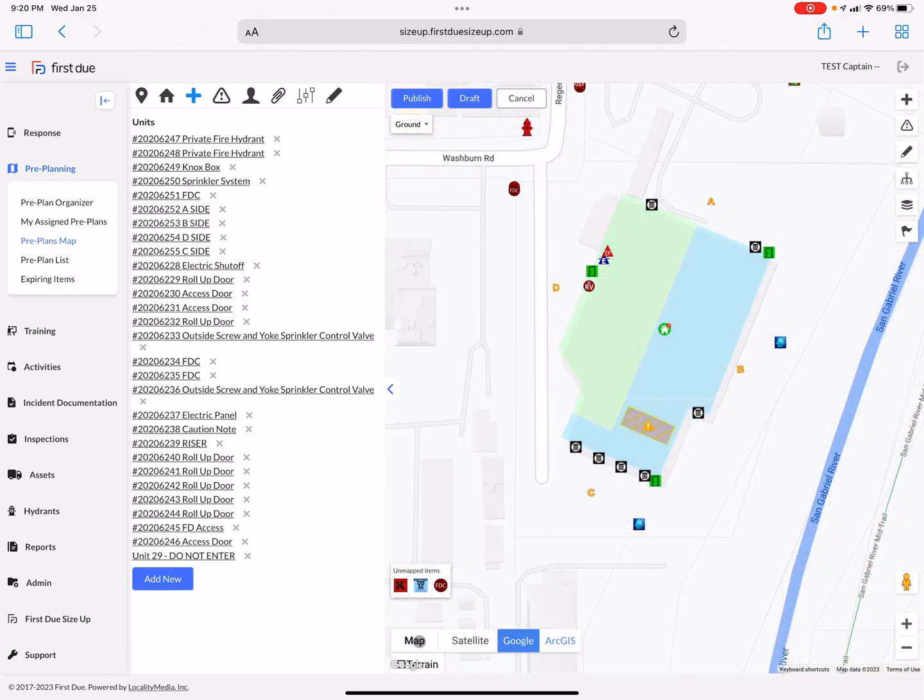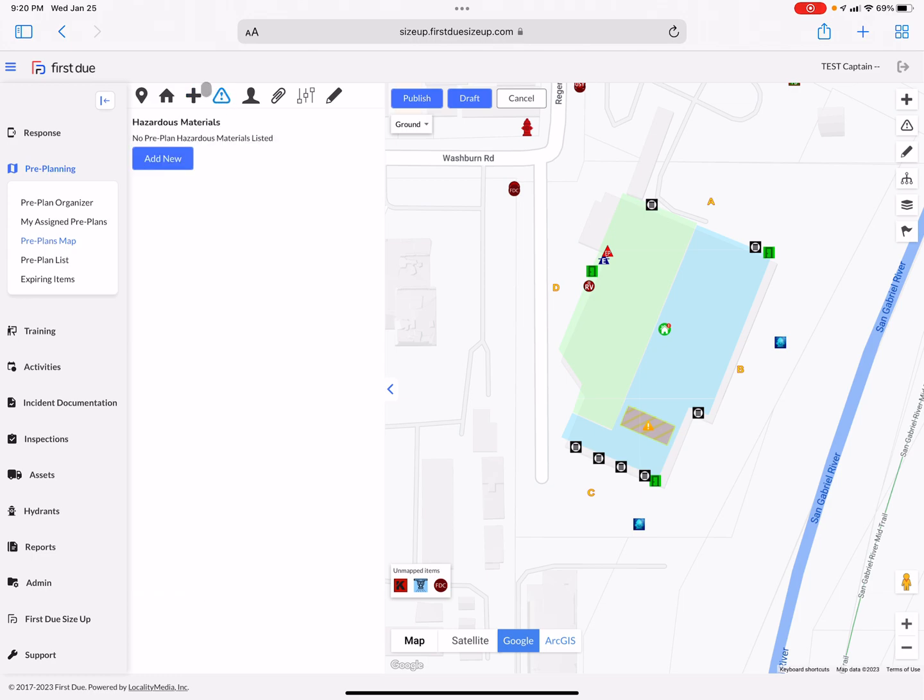So in this case, I'll just leave it in map mode because it's a little bit easier to see the pre-plan items that I've added. Next item along the top is this hazmat icon. The icon is also over here on the right-hand column. You can add new, but in this case, all hazmat that's going to be imported in the platform is going to come from Cal OES's